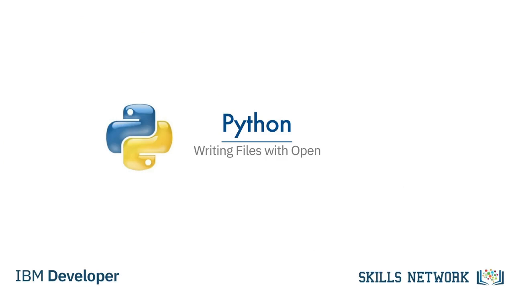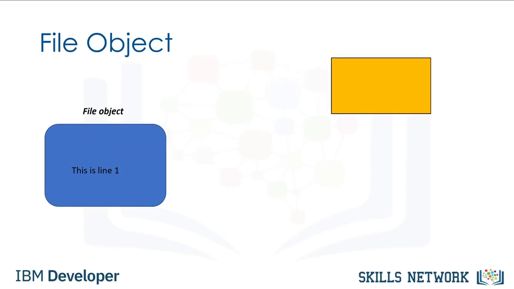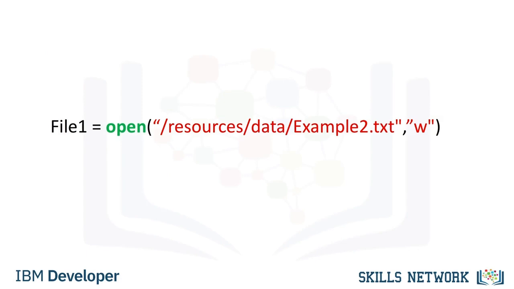We can also write to files using the open function. We will use Python's open function to get a file object, to create a text file. We can apply method write to write data to that file. As a result, text will be written to the file. We can create the file